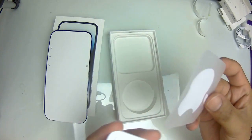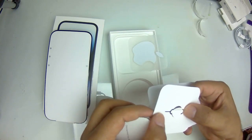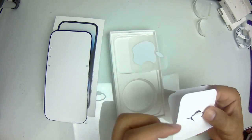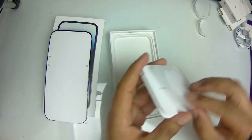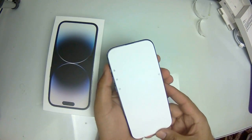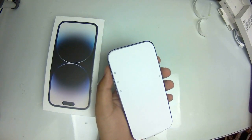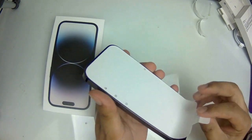So this is an Apple logo, and this is the tool to open the tray for the SIM insertion. Designed by Apple in California. I'm going to place it aside, and now here you can see